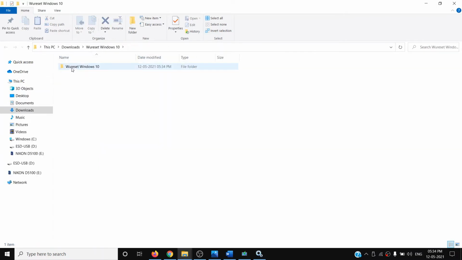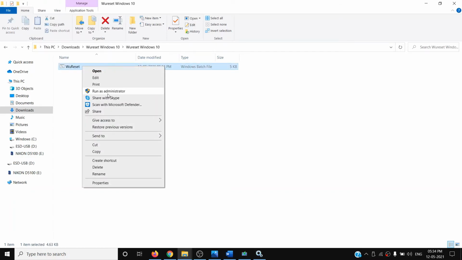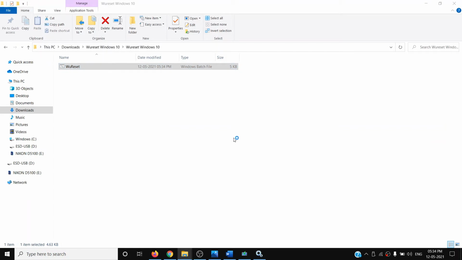Now once this is done, open the WU reset Windows 10 folder, then right click on WU reset and then click on run as administrator, then click on yes to allow.